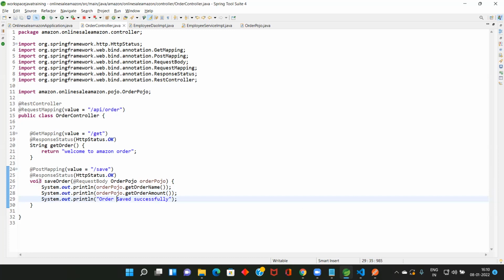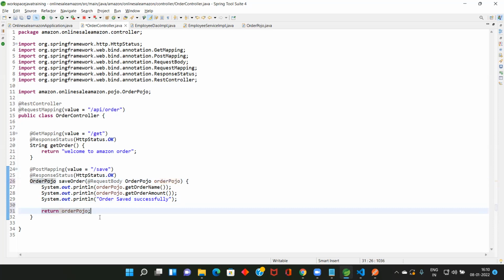Void. So this should not be void. Okay, void, not string. Maybe I'll make it as Order, order Pojo. When you store, your ID will be created, or you can give an ID.